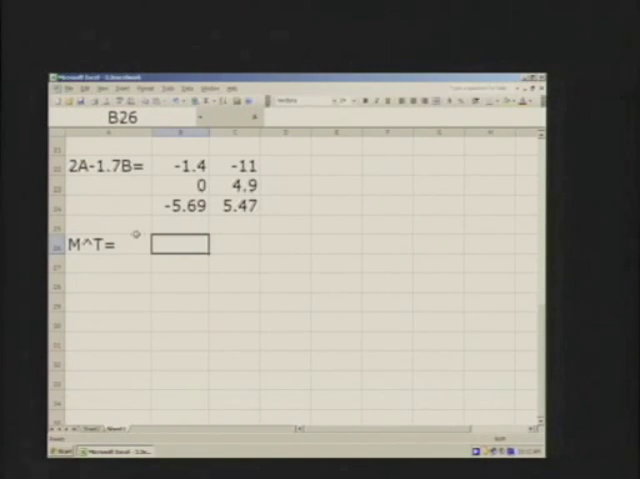Remember that the transpose is created by interchanging the rows and columns of M. Since M is a 2 by 3 matrix, then M transpose is a 3 by 2 matrix. So we'll highlight a 3 by 2 array. Type the formula,